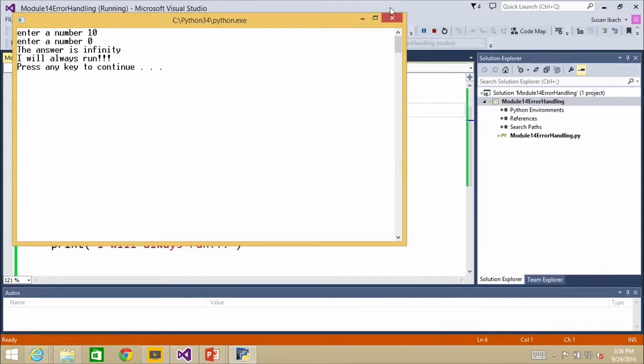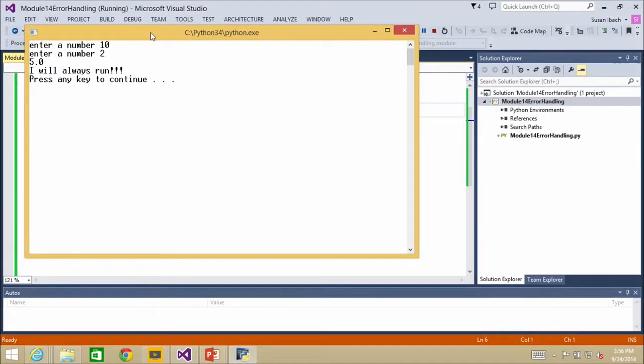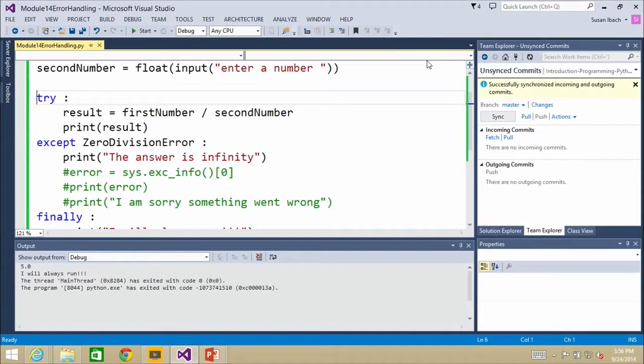Yep. On the other hand, if you ask me, what is 10 divided by 2? Well, it's 5. So this makes it to the user, but it doesn't even appear as an error. And that's a really nice way to do things, if the user doesn't even see it that way.